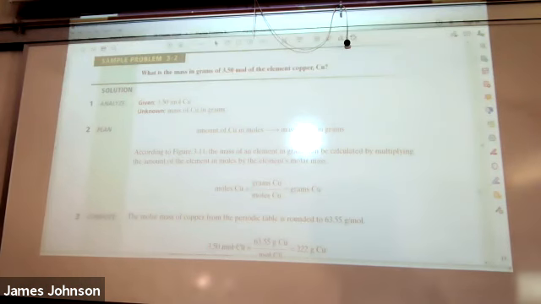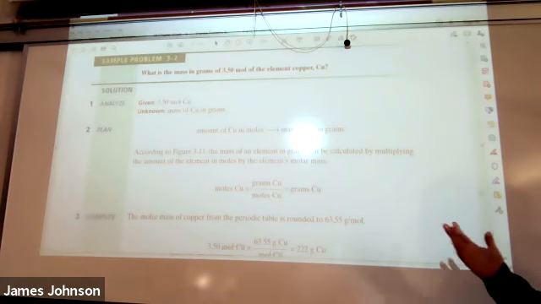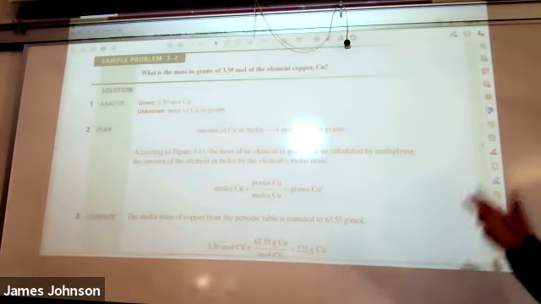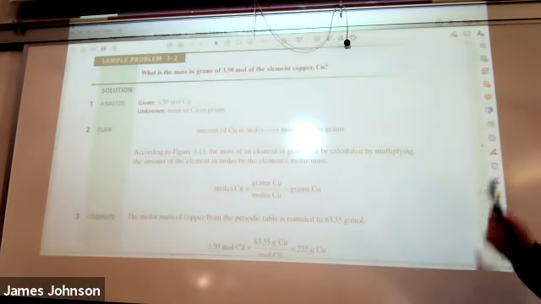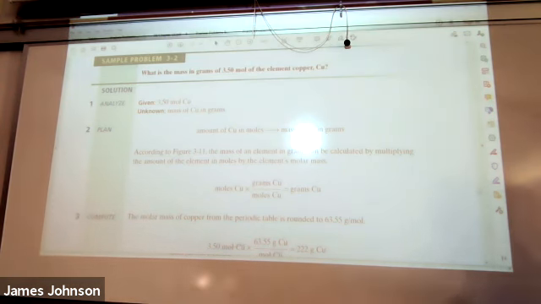Sample problem 3-2. I'm going to run through this quickly. Again, this is in your textbook so that you can go through this at any time. What is the mass in grams? Our final answer needs to be in grams, of 3.5 moles of the element copper,